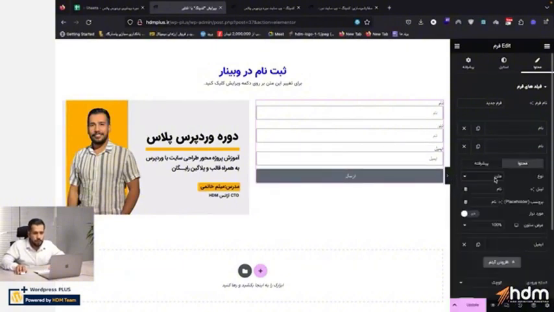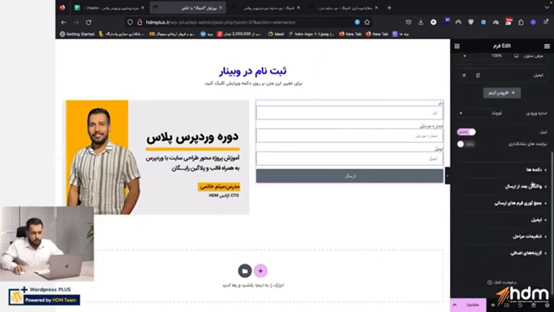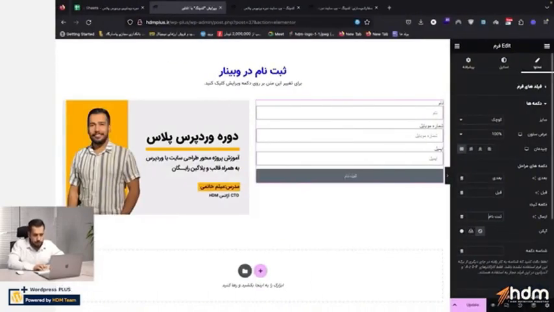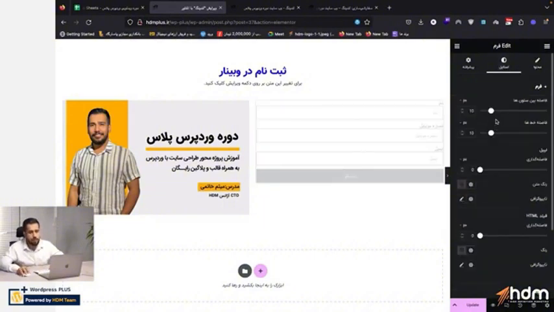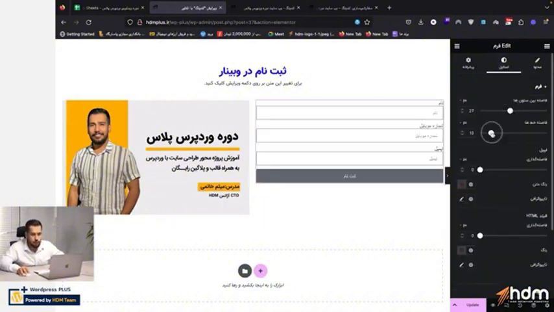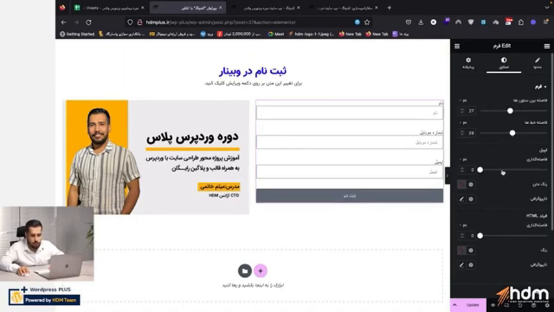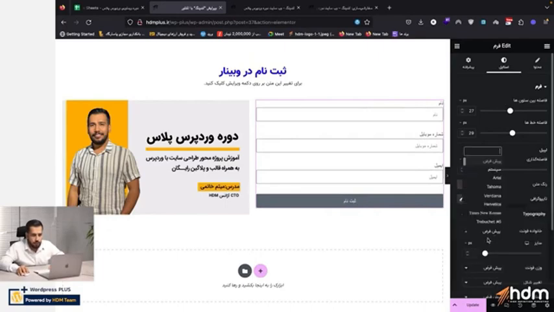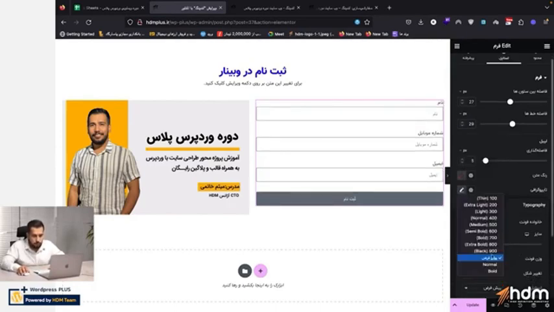For the mobile number, both for its label and its placeholder. We also want to write on the button. What should we write? Let's write register on the button as well. Now we need to style it, guys. We can define the spacing between columns, the spacing between lines, and the spacing between the label and the input. We can assign fonts to it, define the size, and apply the specific font style we have